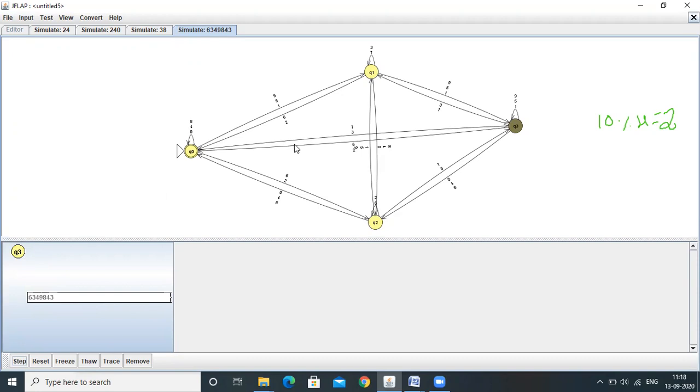So like this, you can design a DFA for divisibility by any number. Divisible by 2 means 2 states, divisible by 3 means 3 states, divisible by 4 means here we considered 4 states. So like this, you can design for any decimal number which is divisible by any number.